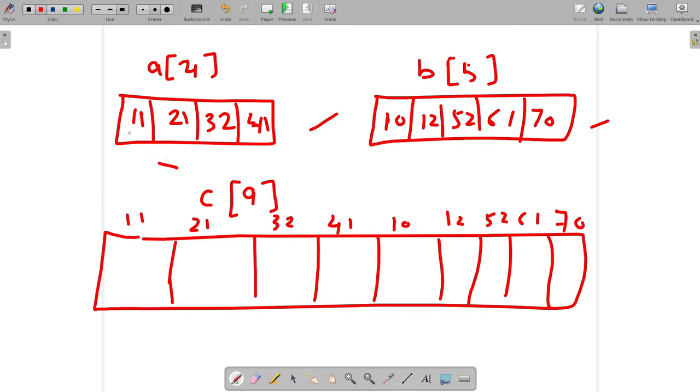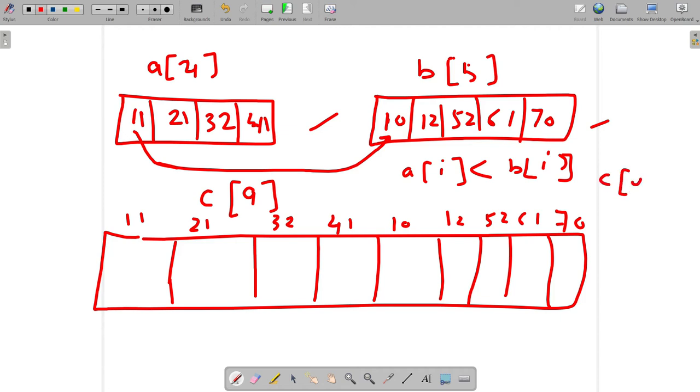We have to compare the first element of this array to this array. So let's say if A of i is less than B of i, then C of i will be A of i. Whichever is smaller, that will be assigned to C of i.